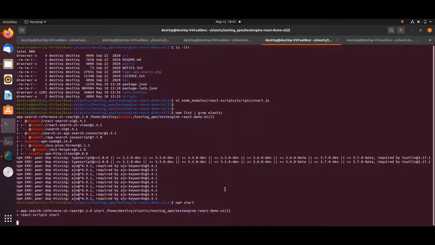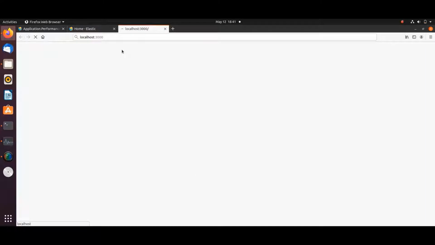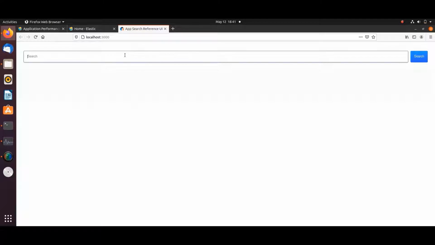So this is an application of Elastic, which is called App Search, where we have connected to the backend Elasticsearch. I've downloaded the whole Node.js code, and we are using this particular Node.js code as an example, which is nothing but the App Search. It is running on localhost 3000.